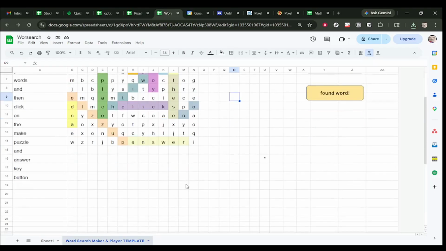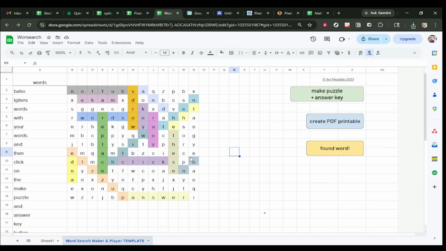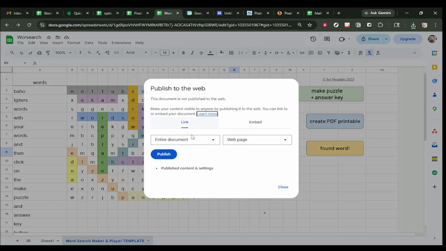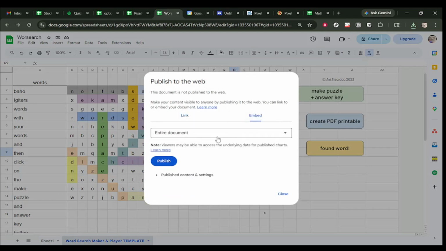embedding. Once the file is open, go to the top left menu and click File. In the File menu, click Share, and then choose Publish to Web. This is the key step that makes your sheet available to display inside another page. In the Publish to the Web window, choose Embed. Embedding is what gives you a snippet that can be placed into a site or app-like web page, so your